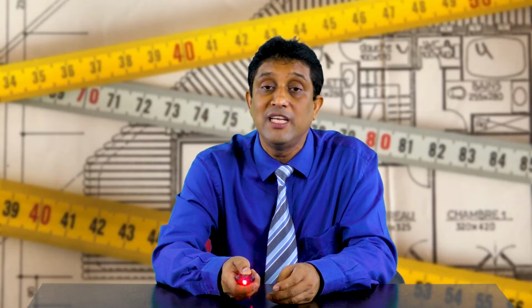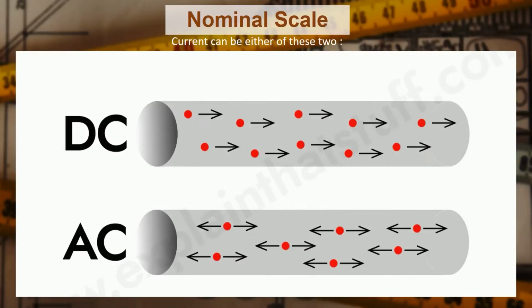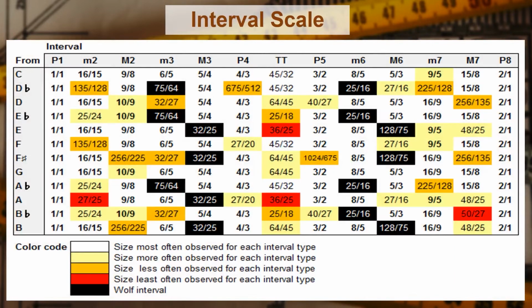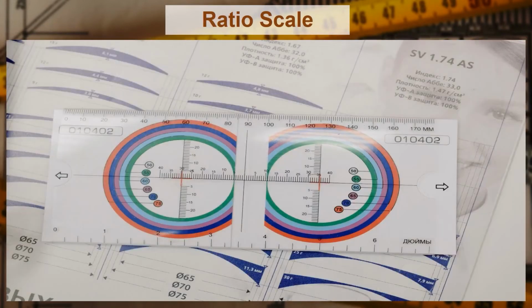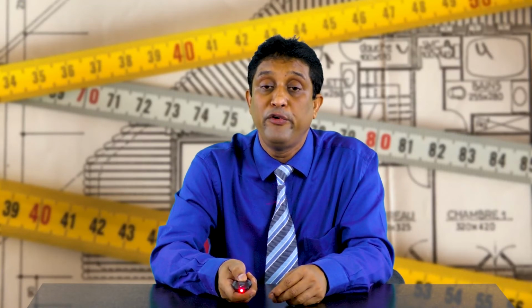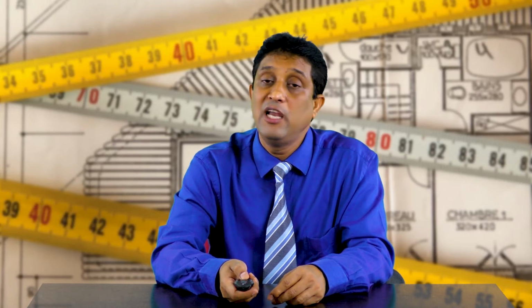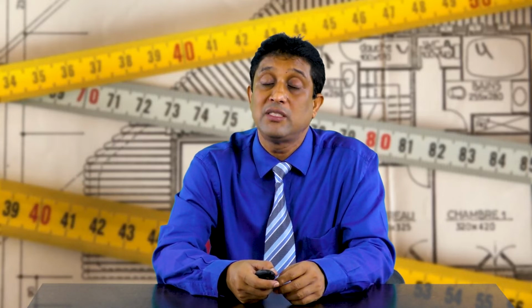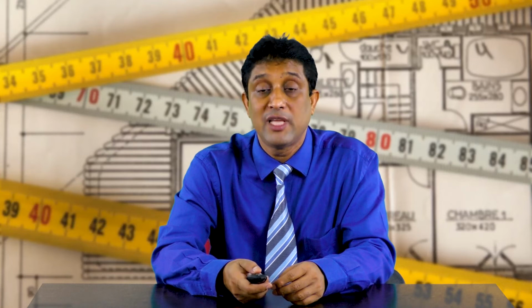You see the order is like this. The nominal scale has very few characteristics, the ordinal scale has more characteristics in comparison to the nominal scale, the interval scale has more characteristics in comparison to the ordinal scale, and the ratio scale is the highest scale. We will try to understand the concept of the nominal, ordinal, interval and ratio scales, and we will discuss where to use these 4 types of scale, and what their use is in the teaching learning process and in measurement.